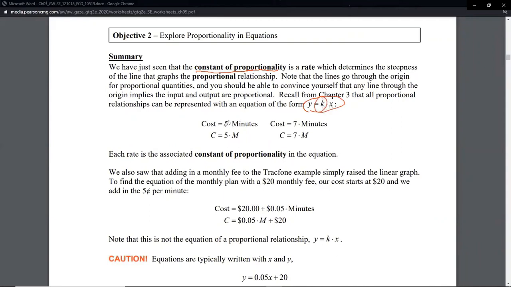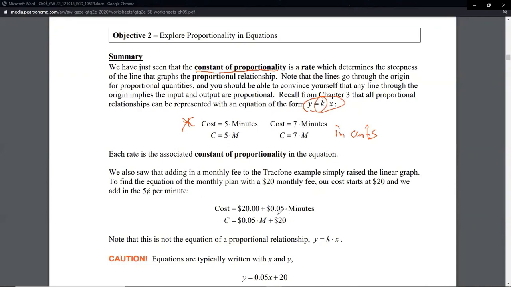So going back to the previous problems, the cell phone problem in particular is what we're looking at here, where we had 2 cases. One plan was 5 cents per minute, another plan was 7 cents per minute. So we could say the cost in cents for the first one is 5 times the number of minutes, and we can use the letter M to clearly represent minutes. For the 7 cents per minute plan, the cost would be 7 times M. But this was not the total cost. That was just the proportional part, the part without the fixed amount.